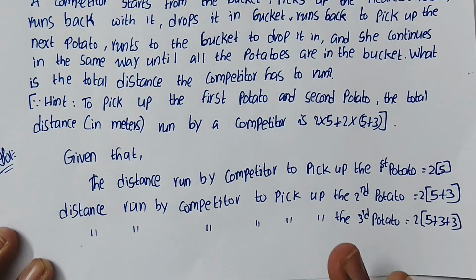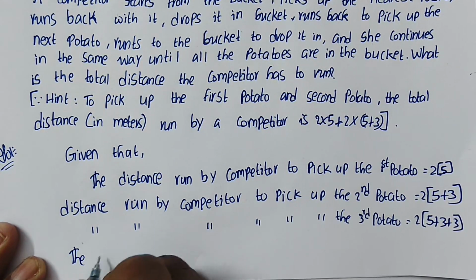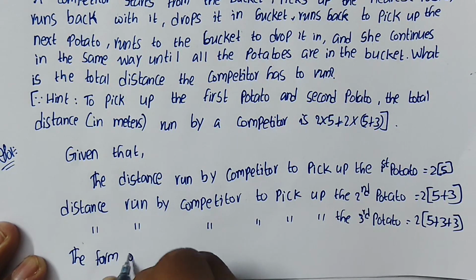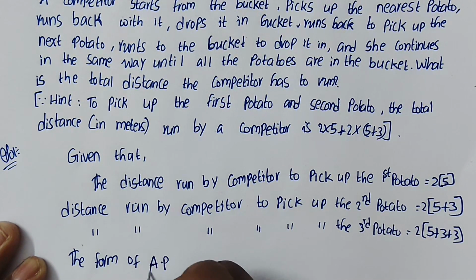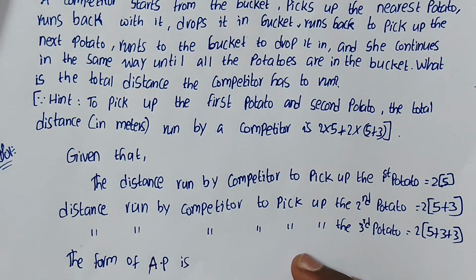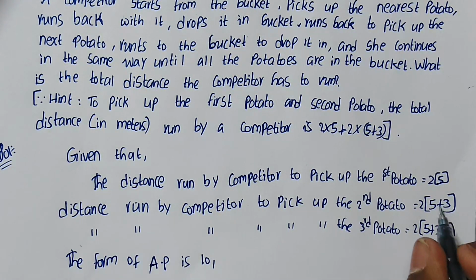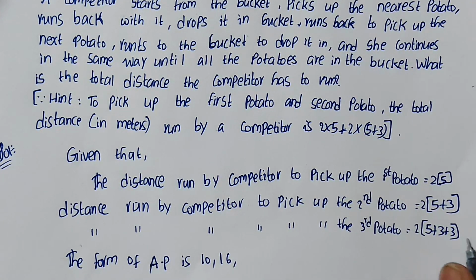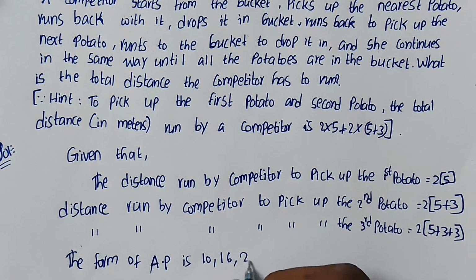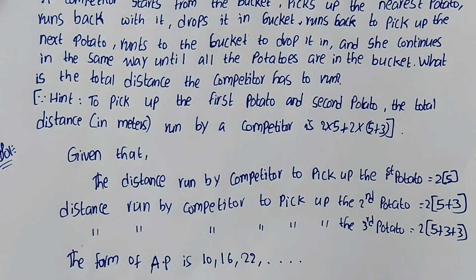So I am writing here the form of AP: 2 5s are 10, 5 plus 3 means 8, 8 2s are 16, 8 plus 3 is 11, 11 2s are 22, and so on up to